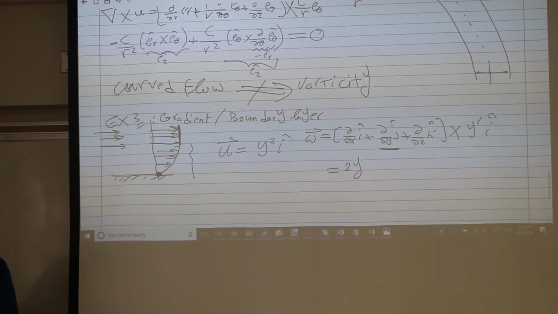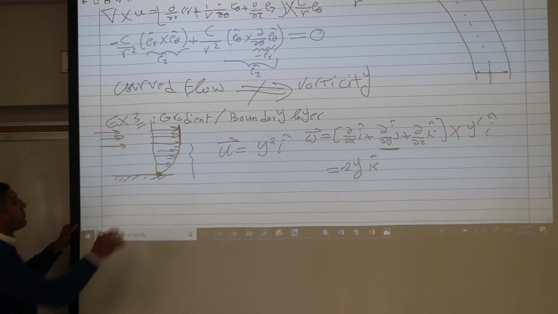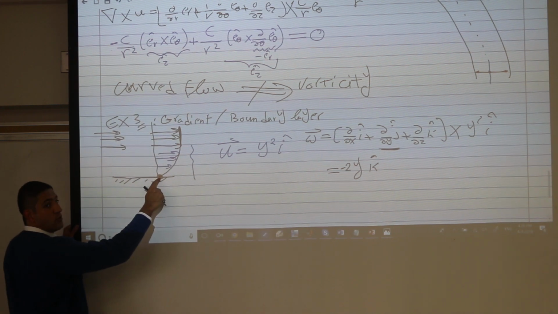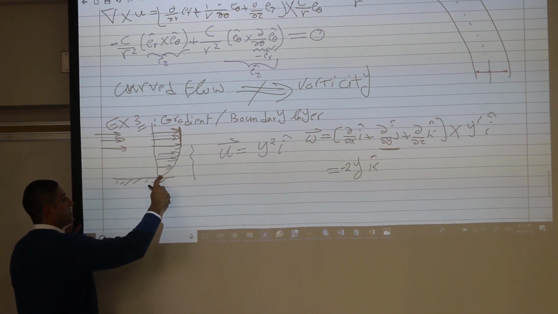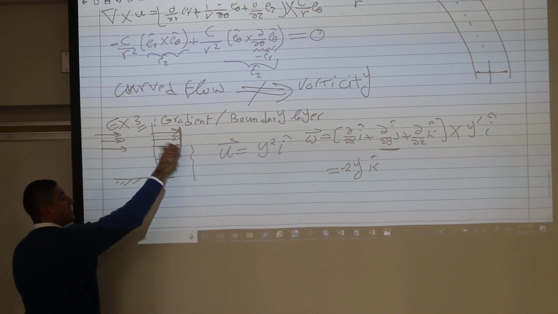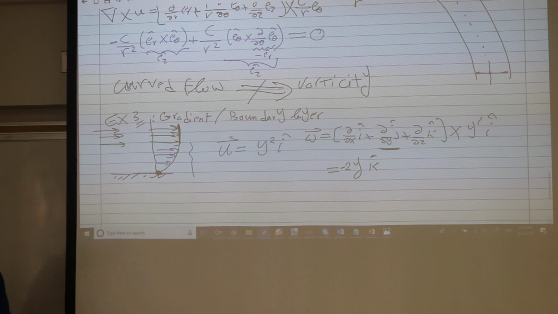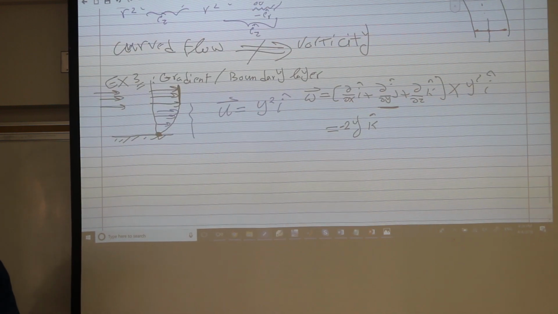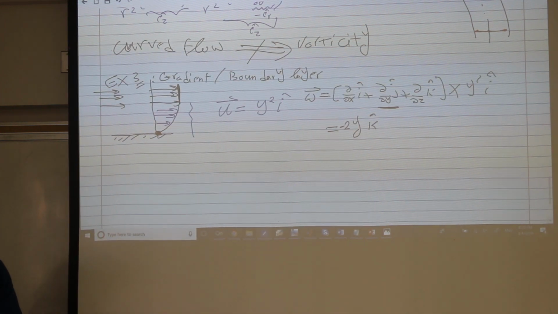2y j cross I, which is negative k. So this is what we get. So we get non-zero vorticity. Any point inside the boundary layer, except out at the wall, will be rotating, will have a vorticity. And you can see it here from our cartoon that